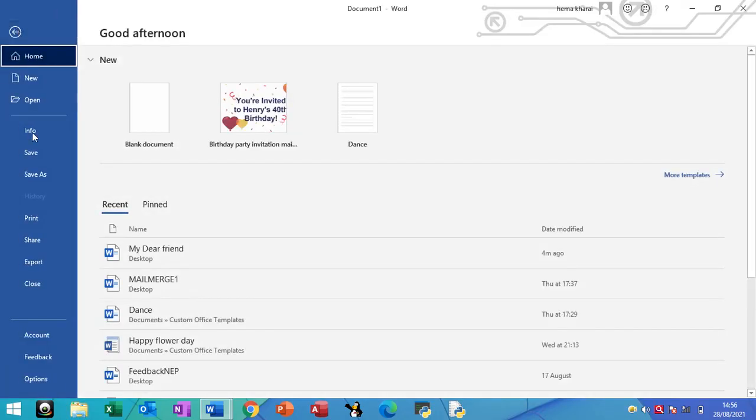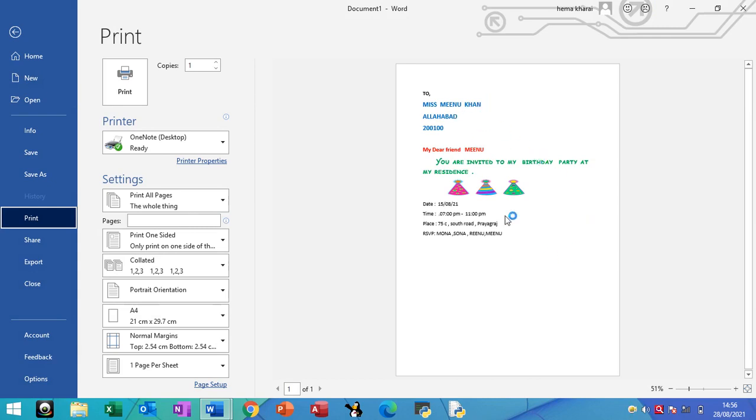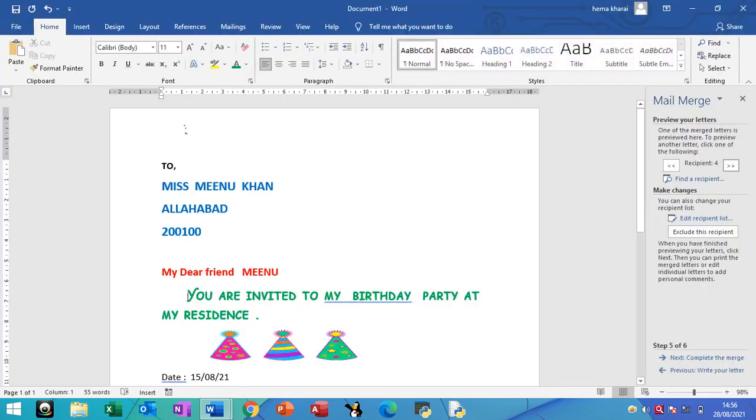I can go on file and I can go on print, and you will see this letter here. You can use all those formatting features which you want, which you already know in MS Word. So you can use page border also to beautify this letter.